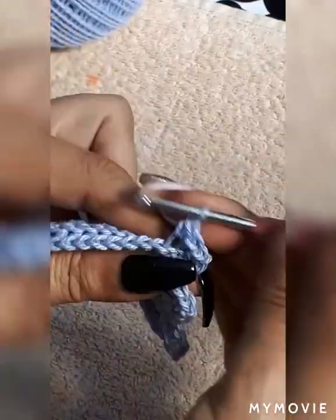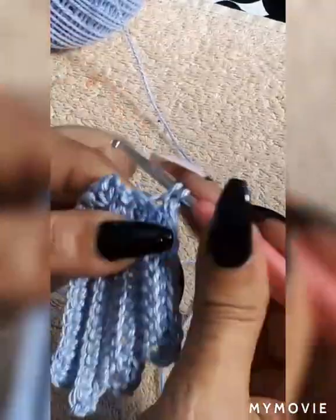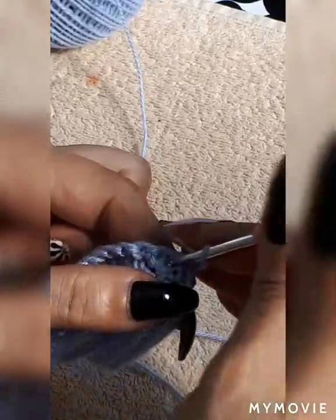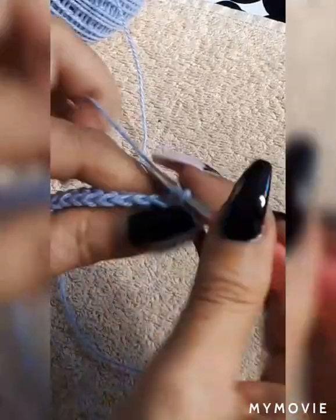1, 2, 3, 4, 5, 6, 7, 8, 9, 10, 11, and 12. Now we go right into the center and single stitch. 1, 2 chain, back into the center, single stitch. Grab the first back loop,